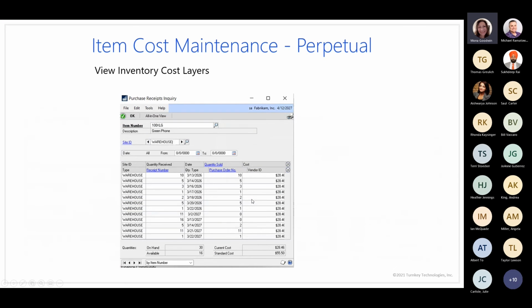When you have questions about the cost layers, if you're using FIFO or LIFO and you want to understand what the cost is that will be consumed prior to you posting it, GP does have an inquiry, and most people aren't aware that it's there, but there is an inquiry in GP where you can go and look at your cost layers. And you'll find it under the inventory inquiries, and it's a purchase receipts inquiry. It's the second one on the menu. And if you pull that up for your item,